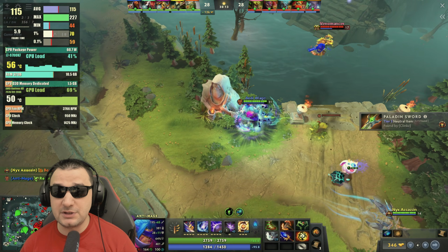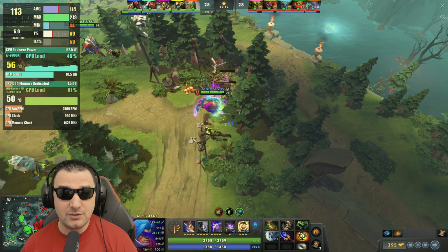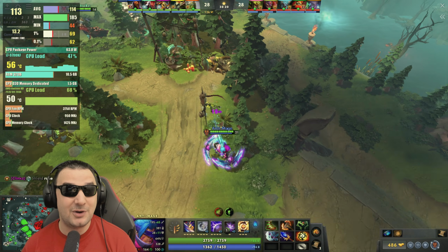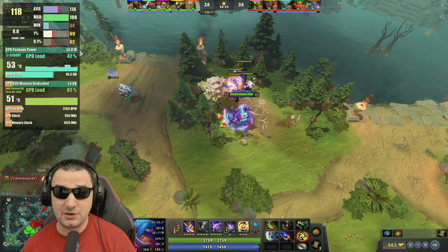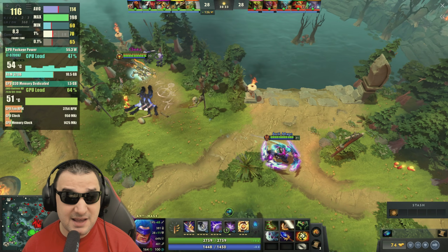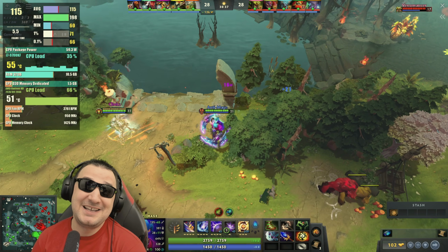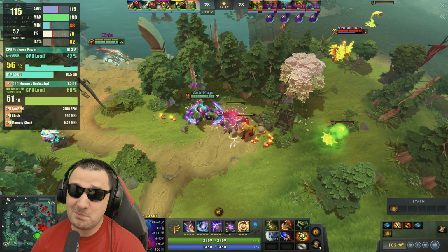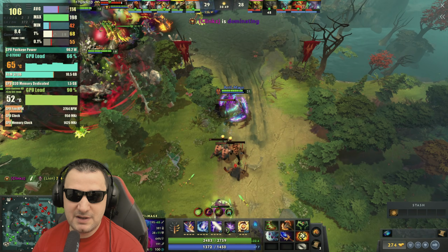The GPU can do the job, there is no problem with this, but in this case you can actually see it's an overkill on the video card. I will say stick with the FPS that the frequency monitor has, and I think that will be very ideal. In my case, maxing out the fan is an overkill because I'm reaching 50 degrees. If I had just a little more power on the fan, I think this video card would have been ice